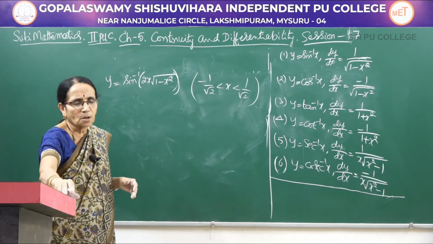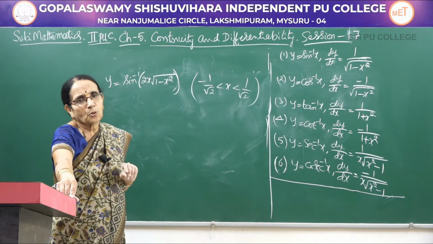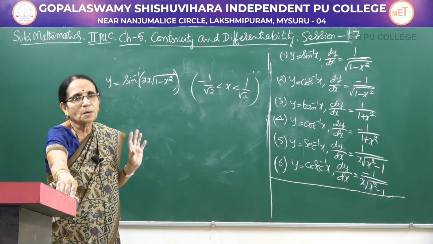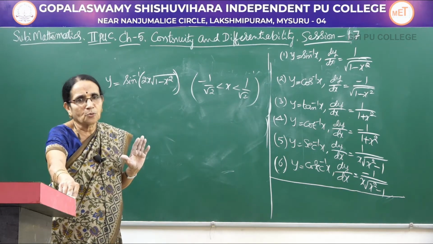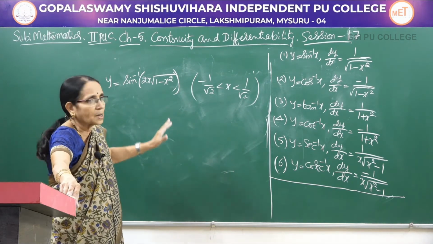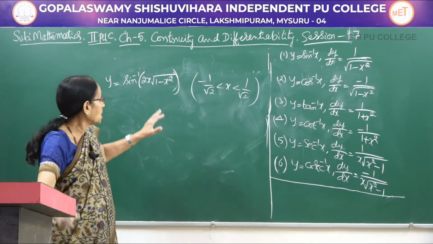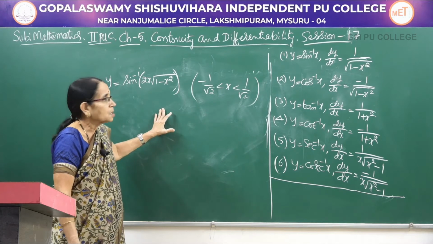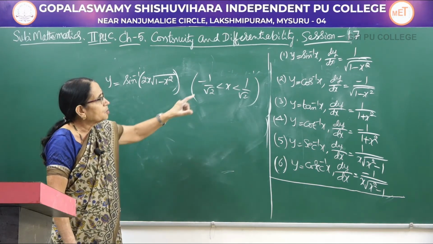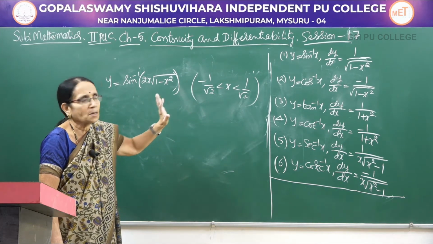In inverse trigonometric functions, we had considered one type of problem where it is expressed in the simplest form. I hope you remember that one, expressed in the simplest form. So by making a proper substitution for the variable x here, we try to express it in a simpler way. Now directly also you can differentiate, if you cannot simplify, using the formula. What is the derivative of sin inverse x? It is 1 over root of 1 minus x square.